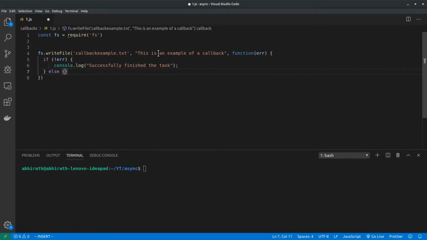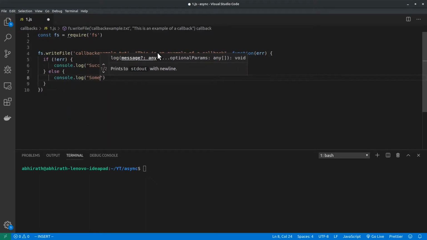Else, if something did go wrong, console.log something went wrong. It could be any reason. There's not enough memory left, you don't have permission to write to that particular folder. There could be any number of reasons, but this is the basic syntax.